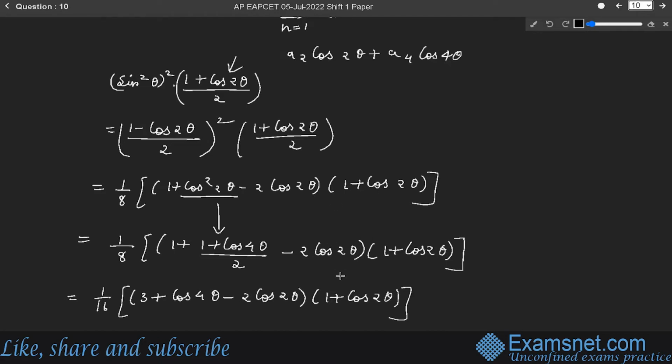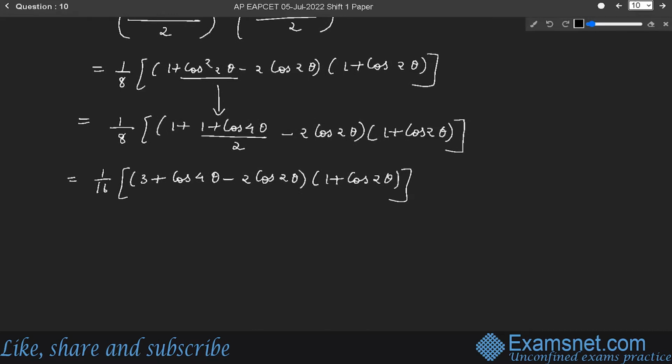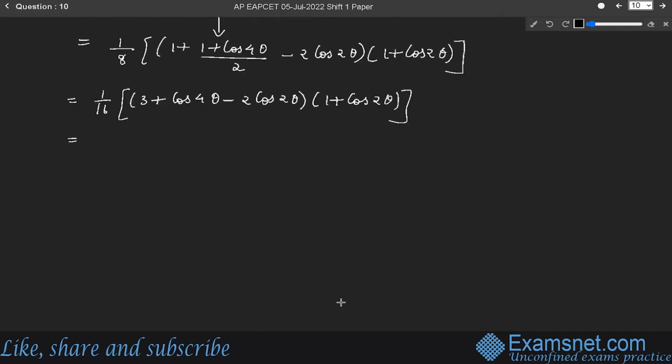On further solving, it becomes 1 upon 16 into 3 plus 3 cos 2θ plus cos 4θ plus 2 cos θ into cos 2θ